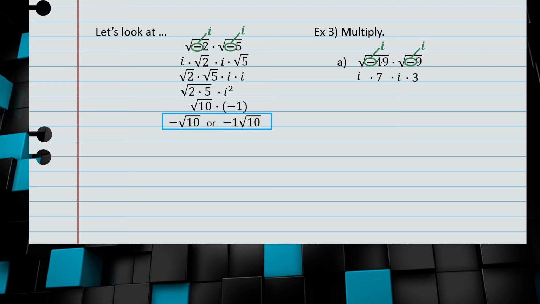Looking at our numbers, we have a 7 times 3, which we know is 21. And i times i can be rewritten as i squared. Although it seems like we've simplified it, we have to remember i squared has its very own value, and that value is negative 1. And so we're left with 21 times negative 1, which gives us